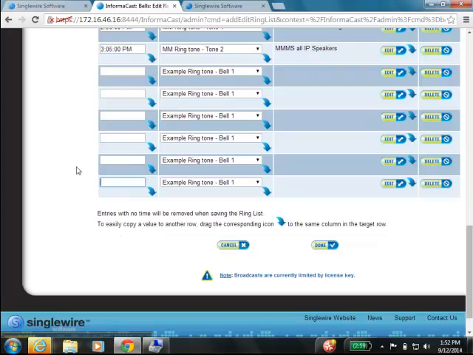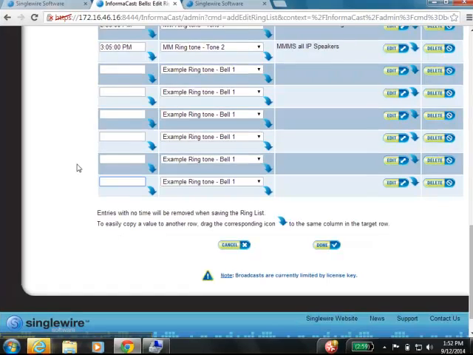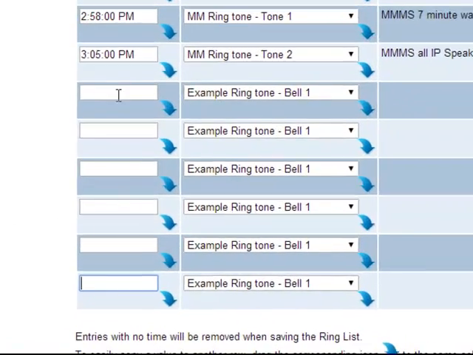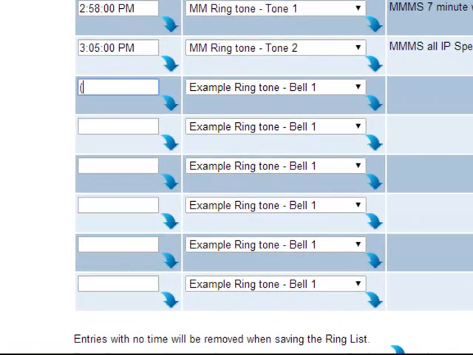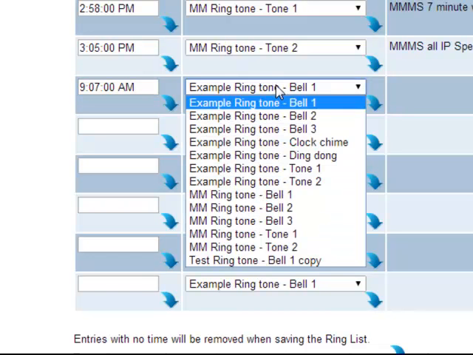Then what I did was we had on a sheet of paper what the times were. So let's say, for example, I wanted one at 9:07. So I would put the time 9:07:00. And then I would put a space AM for the morning. Now it asks me for what bell do I want to ring, and we chose for the morning bell MM